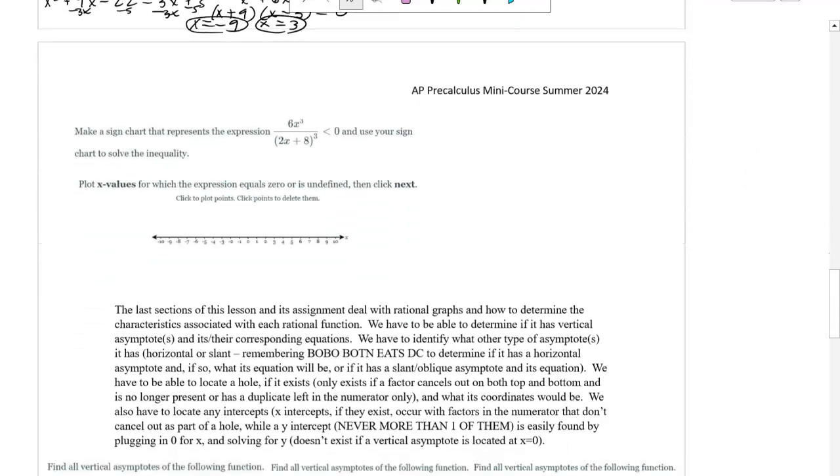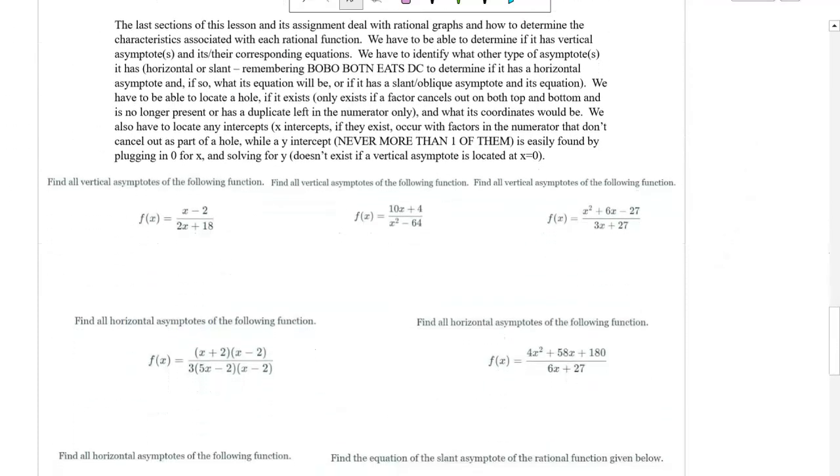So I think I'm actually going to come back to those after we do the last section, because I think you'll see that it talks about some of those properties. So we'll do that. The last section on the assignment, and therefore this lesson, deals with rational graphs, and also how to determine the characteristics associated with a rational function's graph. There are some really important